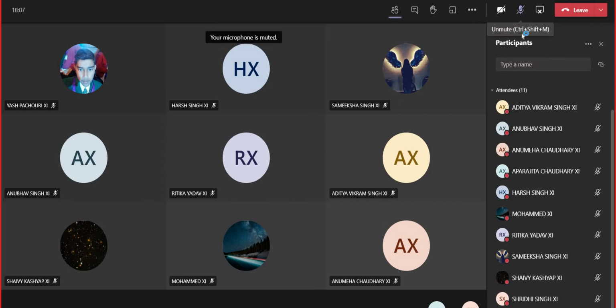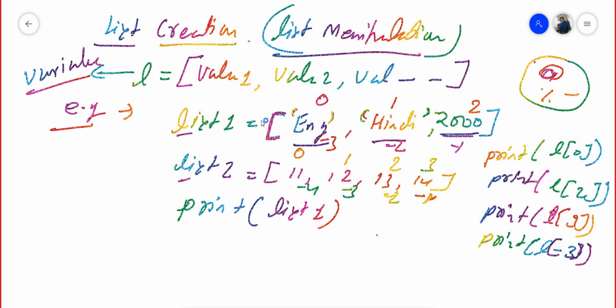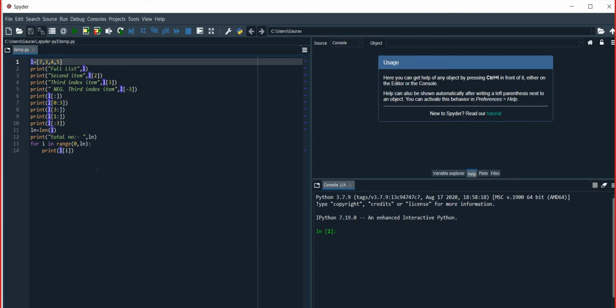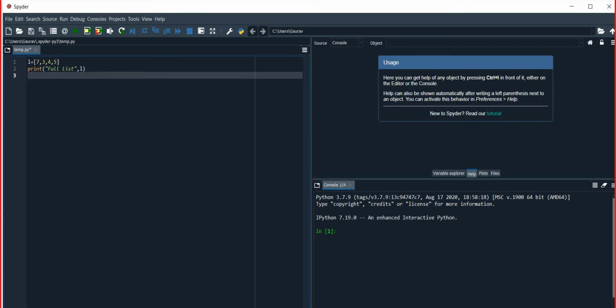ठीक है. So list is a list. This is called list manipulation. ठीक है, इसको हम list manipulation भी बोलते हैं। चलो अब इसका हम लोग करते हैं छोटा सा प्रोग्राम। ठीक है, चलो देखते हैं।